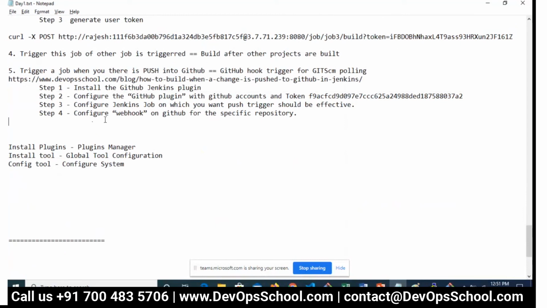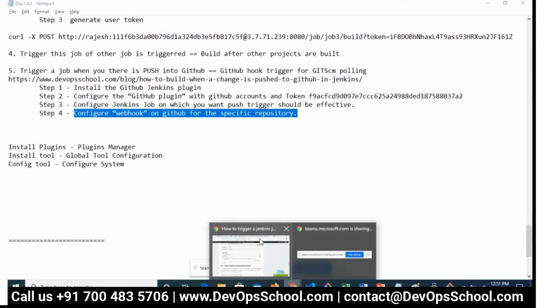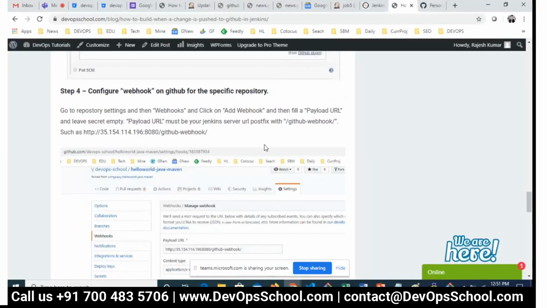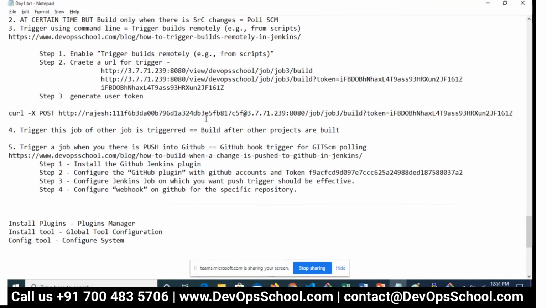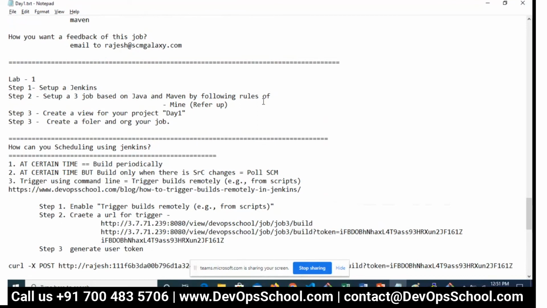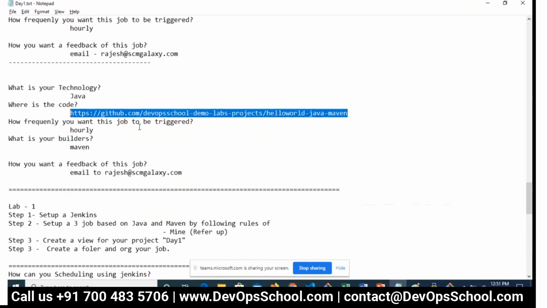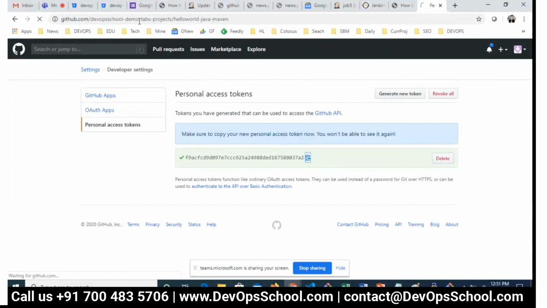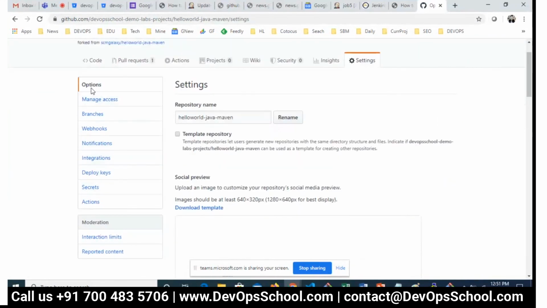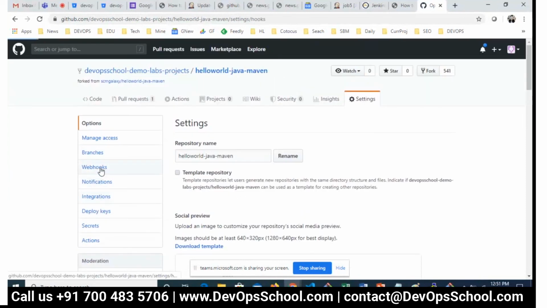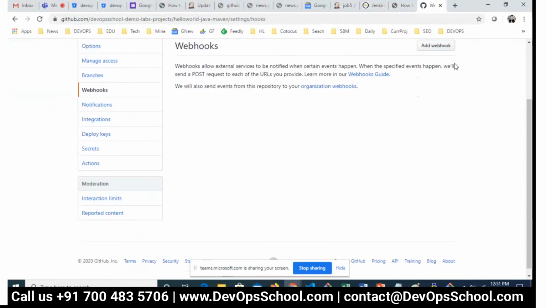So configure webhook on GitHub for specific repository. Basically webhook has been deprecated recently, so I'll check that option. Because github.com is a cloud version. Last time I used the enterprise version, which was hosted actually. So different version, different implementation. So I'll just check this one. In my repository, we go to the settings and go to the webhooks, and webhooks is there. Yes, this has been deprecated. Oh no, it's here. It's there right now. Webhooks. Can I add a webhook?